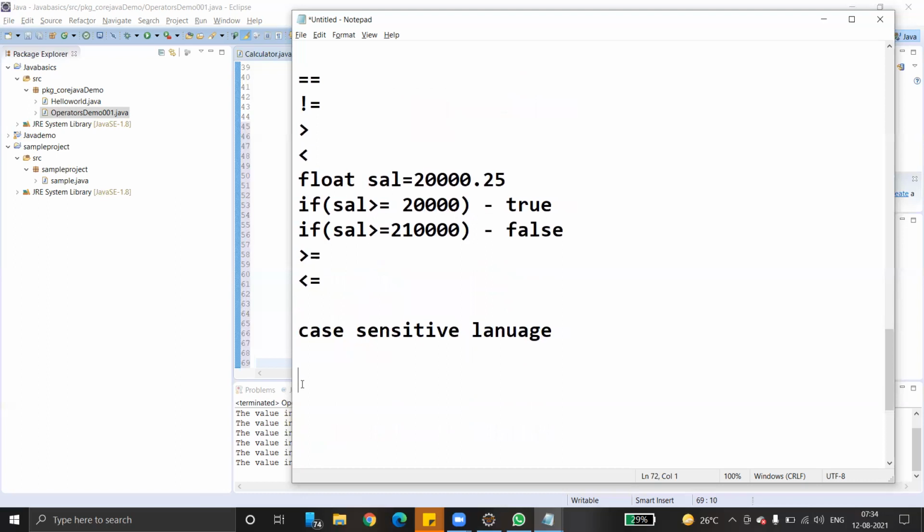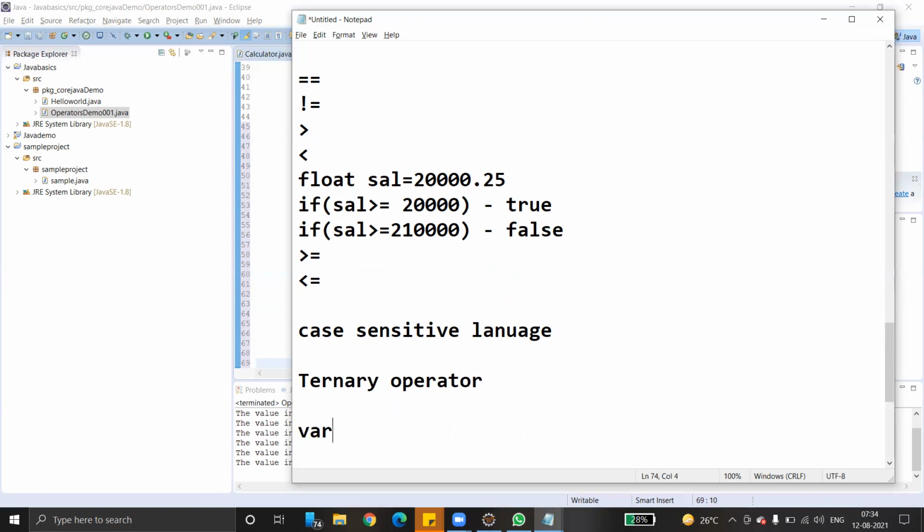Yeah. And then coming to the ternary operator, we use it very infrequently in Java. The ternary operator simply evaluates a Boolean expression and assigns the value based on the result.